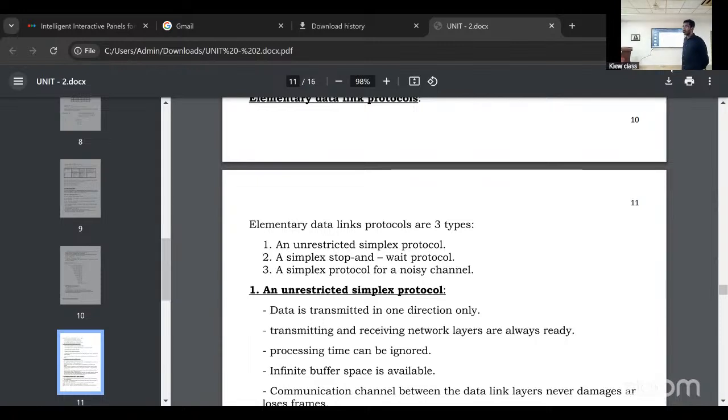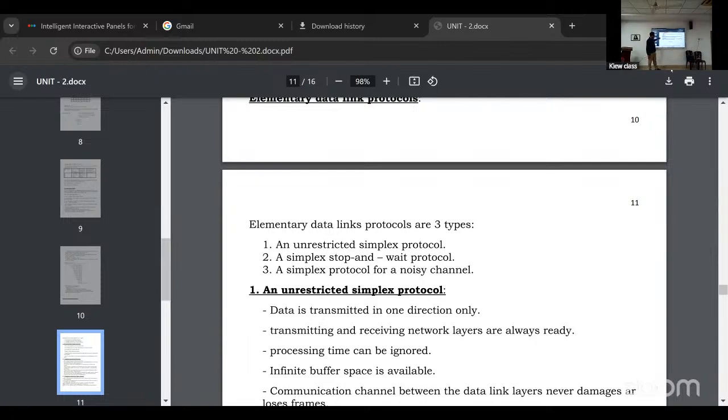Slotted Aloha. What is a slot? We divide into time slots. So based on the time slots, first hour class, second hour class, like slots: first slot, second slot, third slot, fourth slot, fifth slot, number of slots. In slots, what will happen? We need to transmit the data. See here. Any slot, we can use any slots.